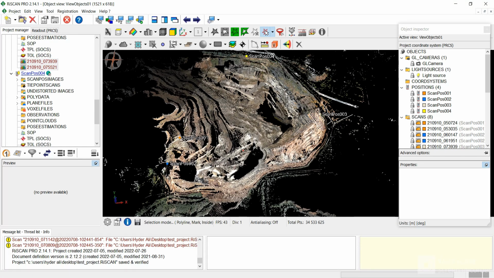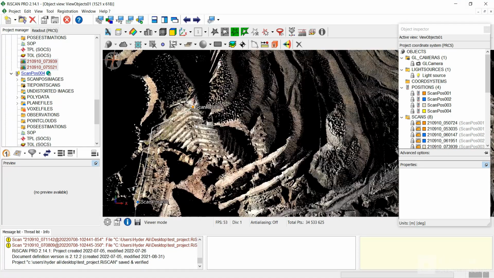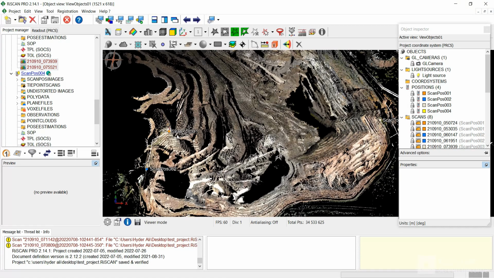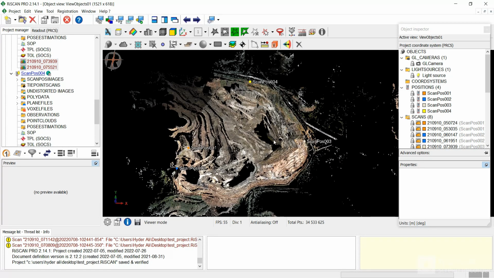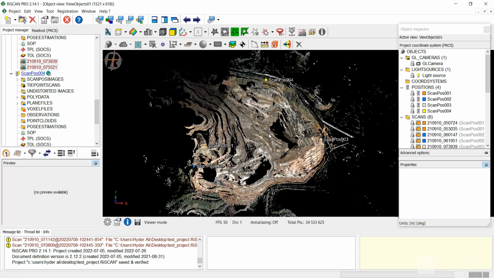So up until now we have seen how we have colored the point cloud in the last video. Today we are going to see how we can georeference this point cloud in our own coordinate system or some required coordinate system. So for this what we have to do, for example, when we have taken the scan in various scan positions, say scan position 1 here, scan position 2 here, scan position 3 here, and scan position 4 here. So there are total 4 scan positions in this point cloud, and out of all these 4 scan positions